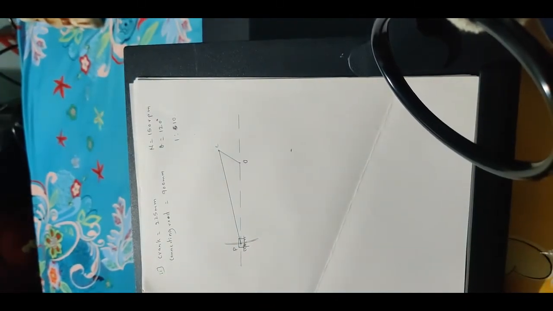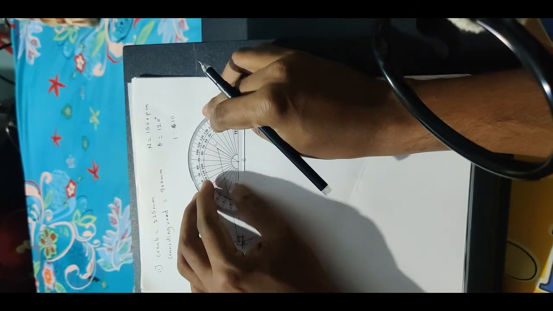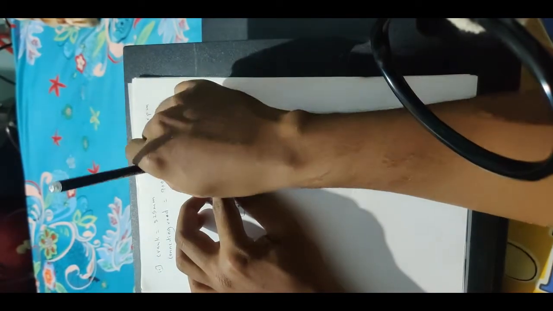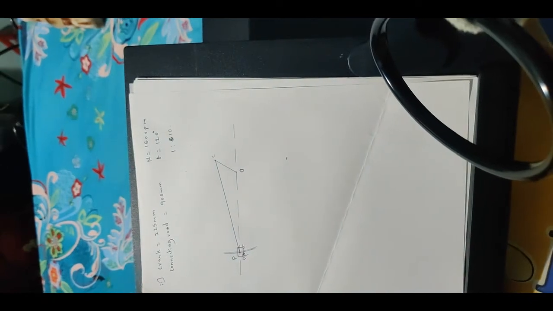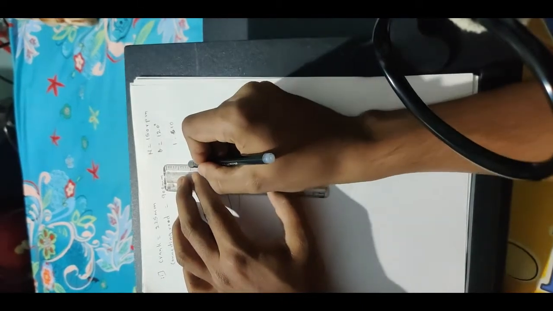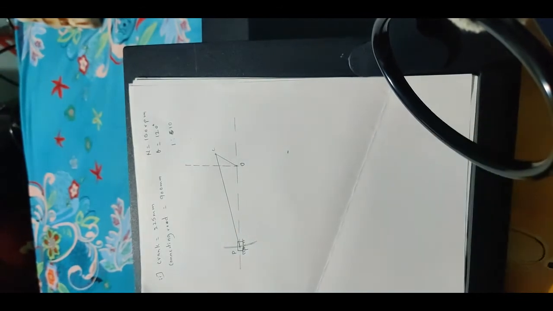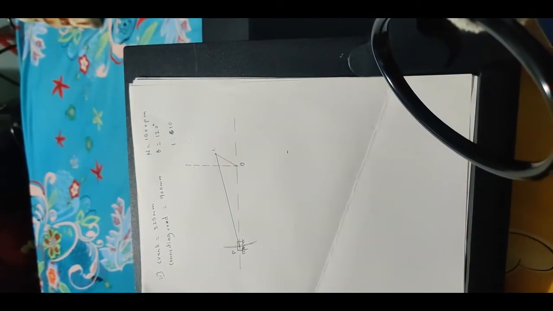Next, we have to construct a perpendicular line about the point O. When you draw the perpendicular line, we need not extend the line PC.